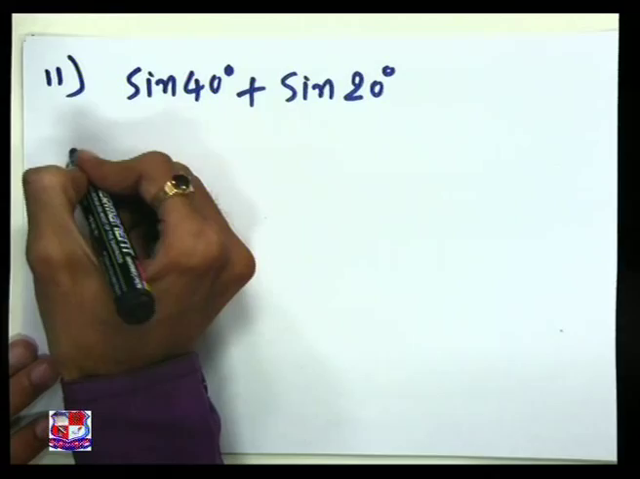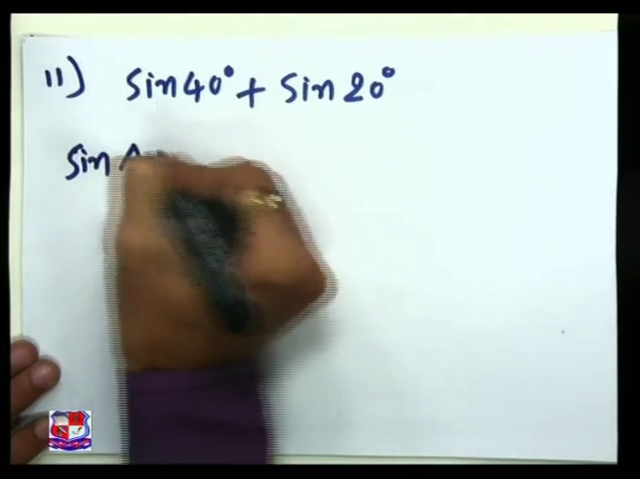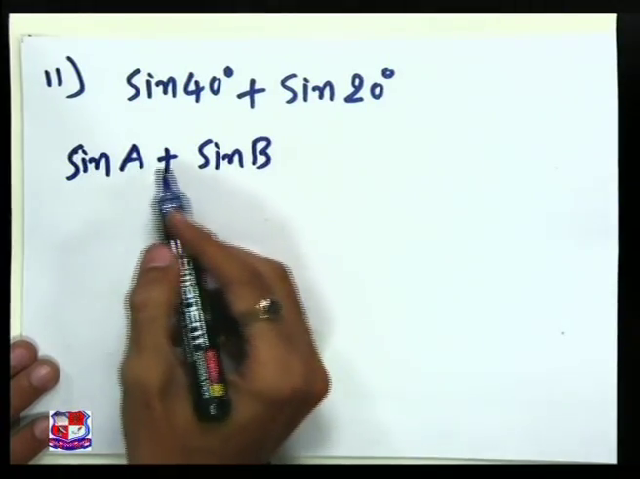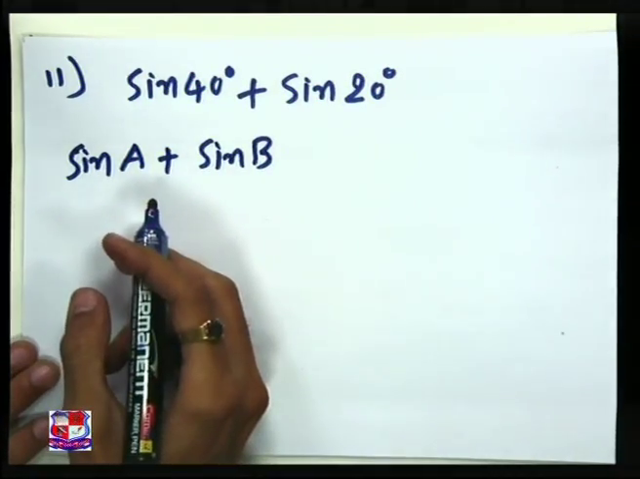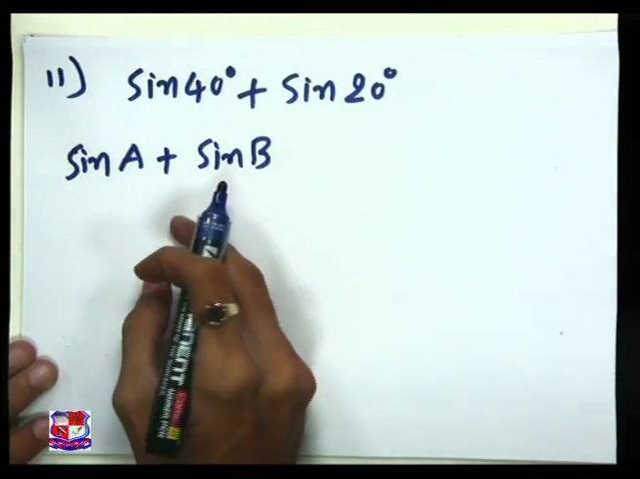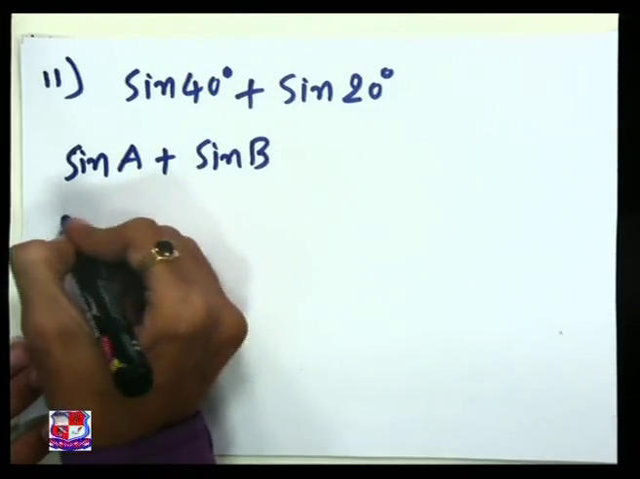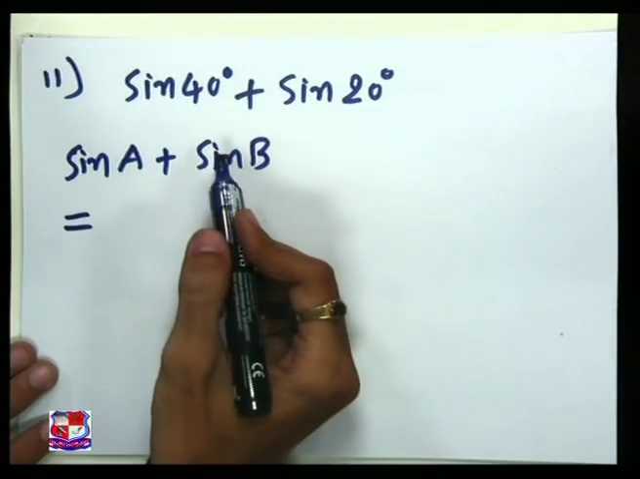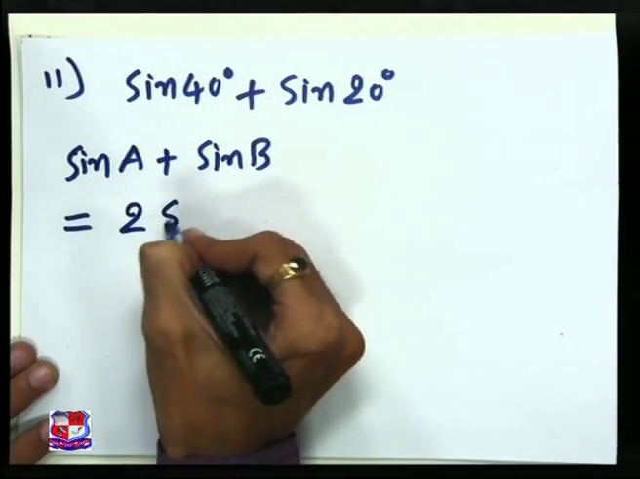The idea is sine A plus sine B. If we know the formula for sine A plus sine B, then we can easily find sine 40 plus sine 20, right? The formula for sine A plus sine B is equal to 2 sine